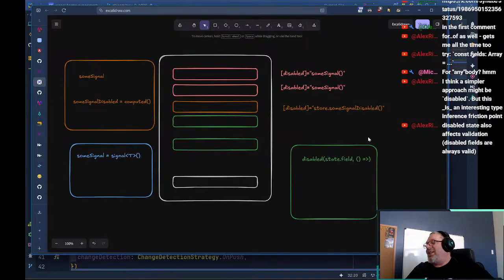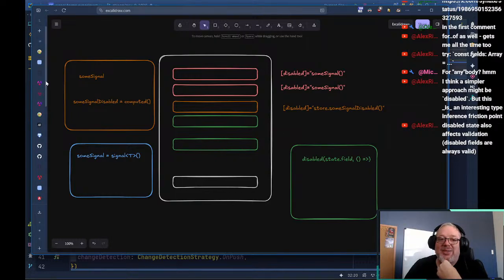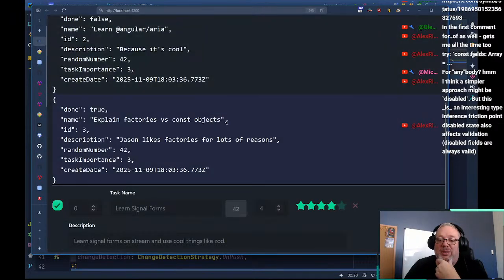Oh, disabled state also affects validation. Disabled fields are always valid. That is a really good call out and something that I wasn't even thinking about. The decoupling is a big deal, but the fact that once these are disabled, they're always valid makes sense. And the reason that makes sense is, once you get into a disabled state,